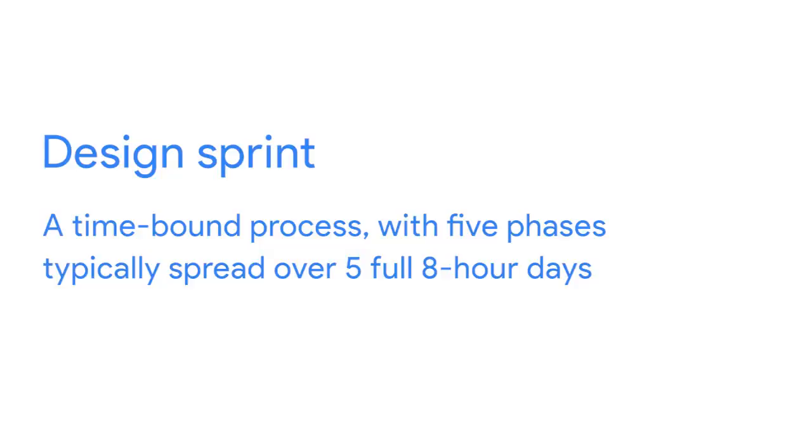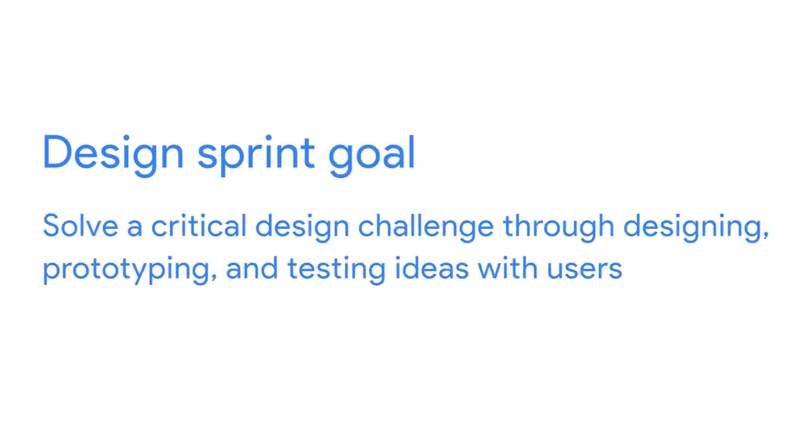A design sprint is a time-bound process with 5 phases, typically spread out over 5 full 8-hour days. The goal of design sprints is to solve a critical design challenge through designing, prototyping, and testing ideas with users. At Google, we use design sprints to answer questions, define product directions, figure out cross-team strategies, and even build team